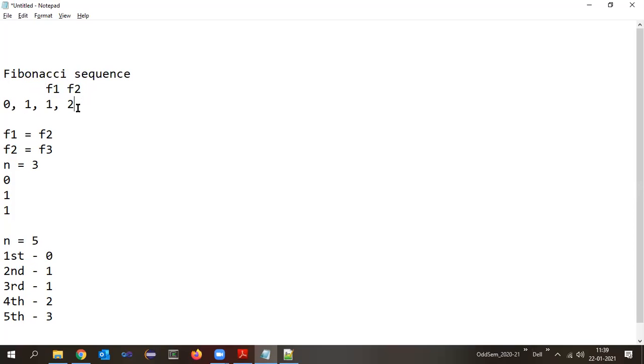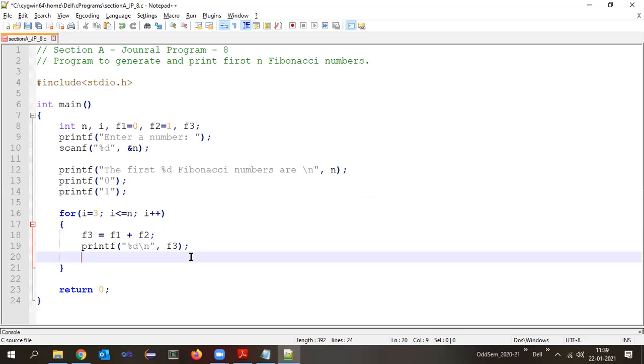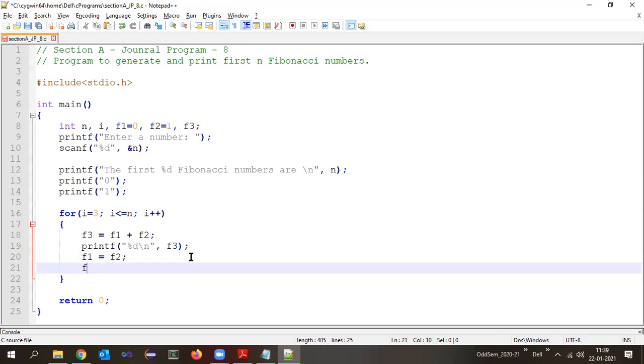Again, next time suppose I print the next value, which is 3. So next time when I want to print the numbers, my f1 will become 2 and f2 will become 3. So I need to write the corresponding statements to modify the values of the variables f1 and f2. So my f1 will become f2 and f2 will become f3.